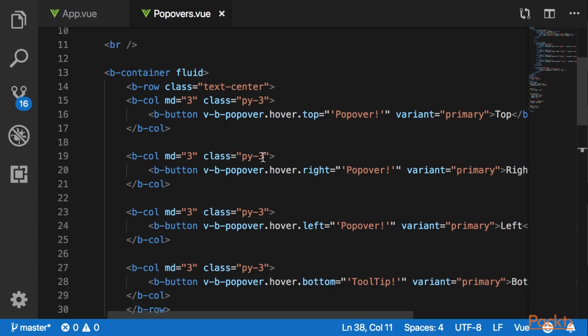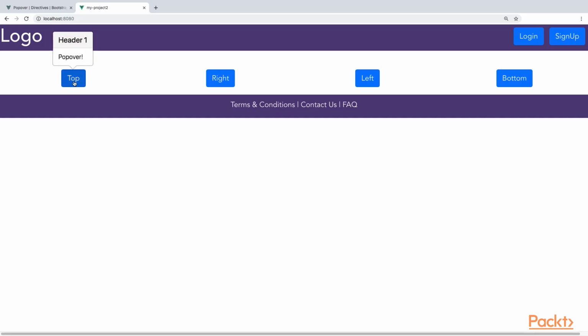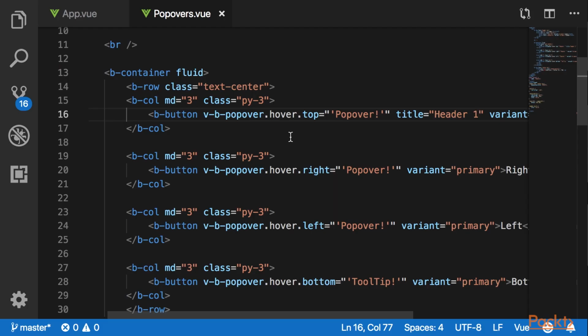There are several options for provisioning the title and content of a popover. By default, popover will use the title attribute of the element as the popover heading. And then the content is passed as a string to the v-b-popover directive. The title and the content can also be passed as an object